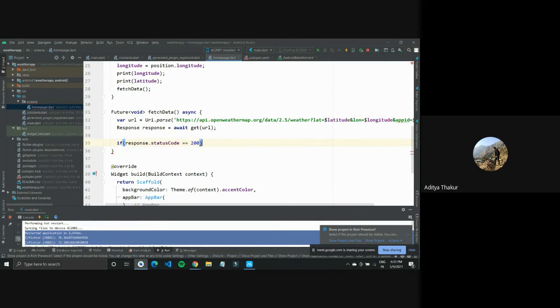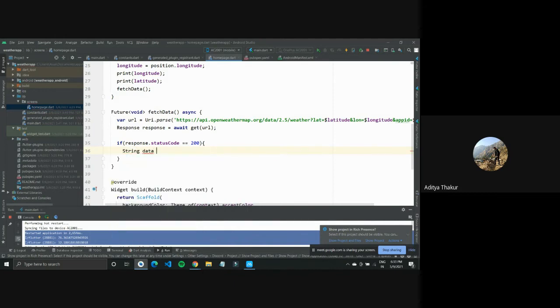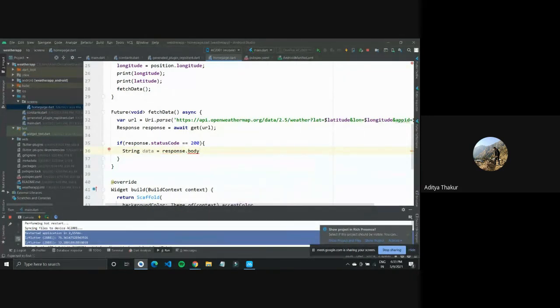So if this is equal to 200, I wouldn't go into basics of HTTP like these API calls, but if it's 200, then we have successfully received the data. So what we can do is save this data inside a string. So let's say string data equals response dot body, which is the data we are getting back.